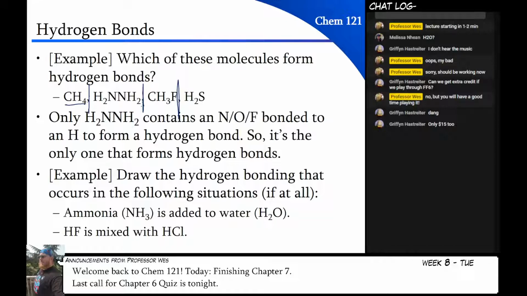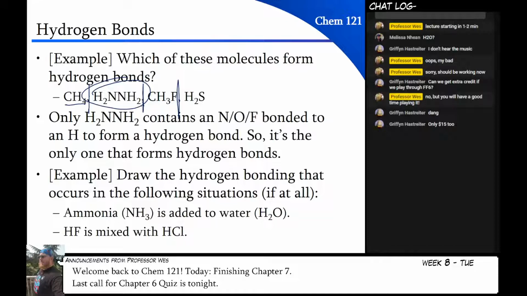All right, down at the bottom here, we're going to draw hydrogen bonding that can occur in these situations by mixing different molecules together. So normally, when I ask you a question about what type of bonding will occur, the assumption is that you're looking at just that one single type of molecule. So in the above situation, we assumed that the only molecule in each of these liquids was the one we were working with, and that a pure solution of this, which is called, I believe,